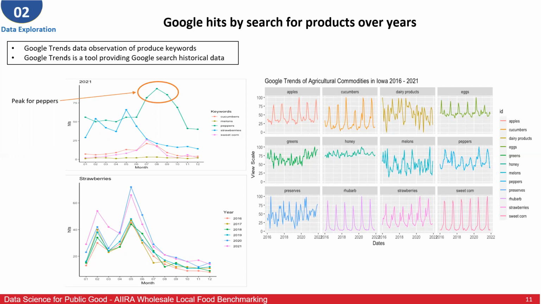So as you can see in the right-hand chart, for some agricultural commodities and those keywords, there's a very strong seasonality to them. Something like apples or cucumbers or rhubarb, over the course of multiple years, there's a very strong pattern in its interest. And on the chart on the left-hand side, we see the year 2021. So we did some analysis over what agricultural commodities are the most popular over a single year. As you can see on the left-hand column, peppers in 2021 was the most popular for that year.